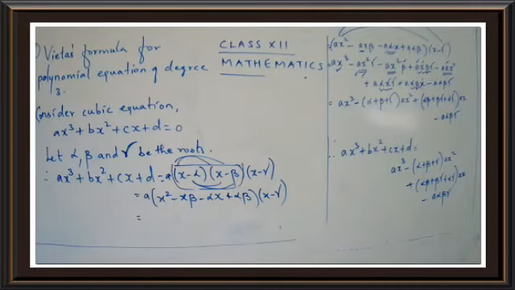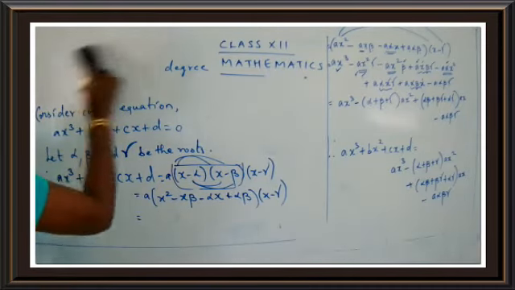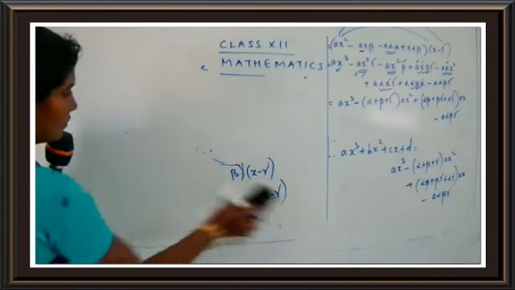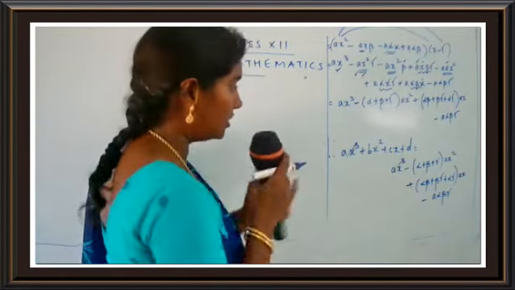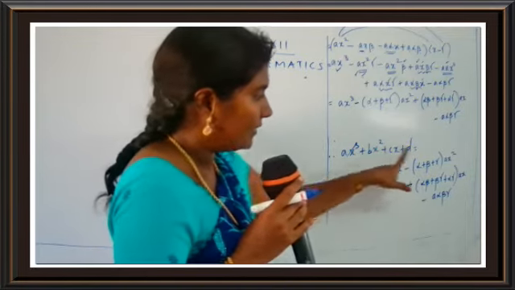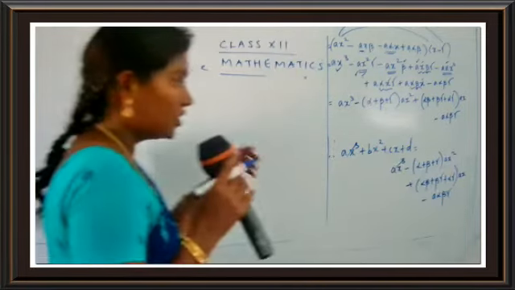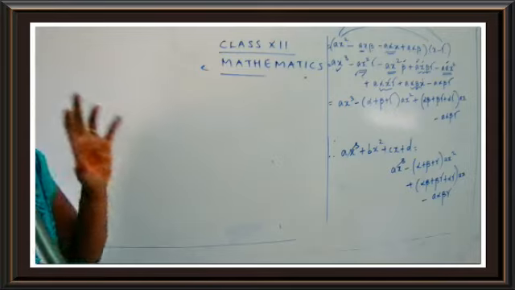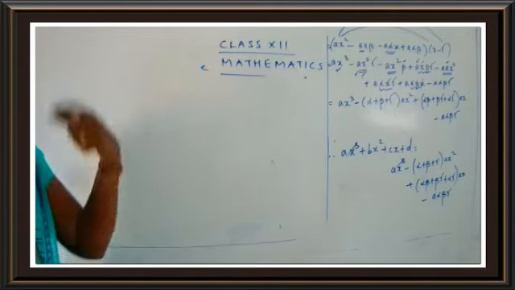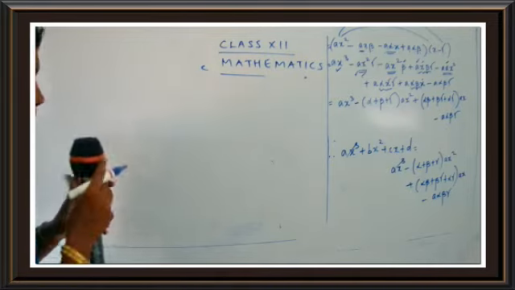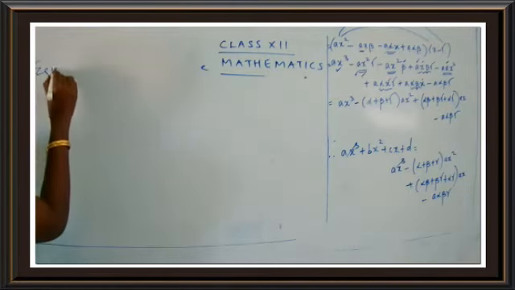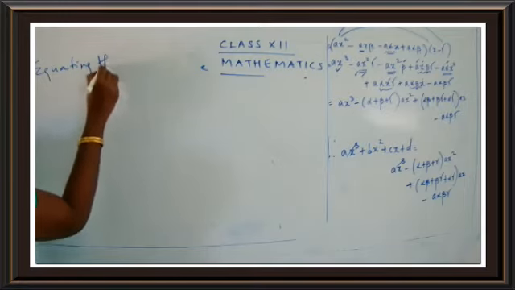Okay. So now the next step is equating the coefficients. Let us equate the coefficients. What do you get when you equate the coefficients? Just see here again, the first term and the first term get cancelled. So you have to take the x square term and the x square term. Okay, children. Here I'm just going to do one term and you are going to do the remaining two terms directly. We'll see how to write the remaining terms directly. Okay, children. Write down. Equating the coefficients.